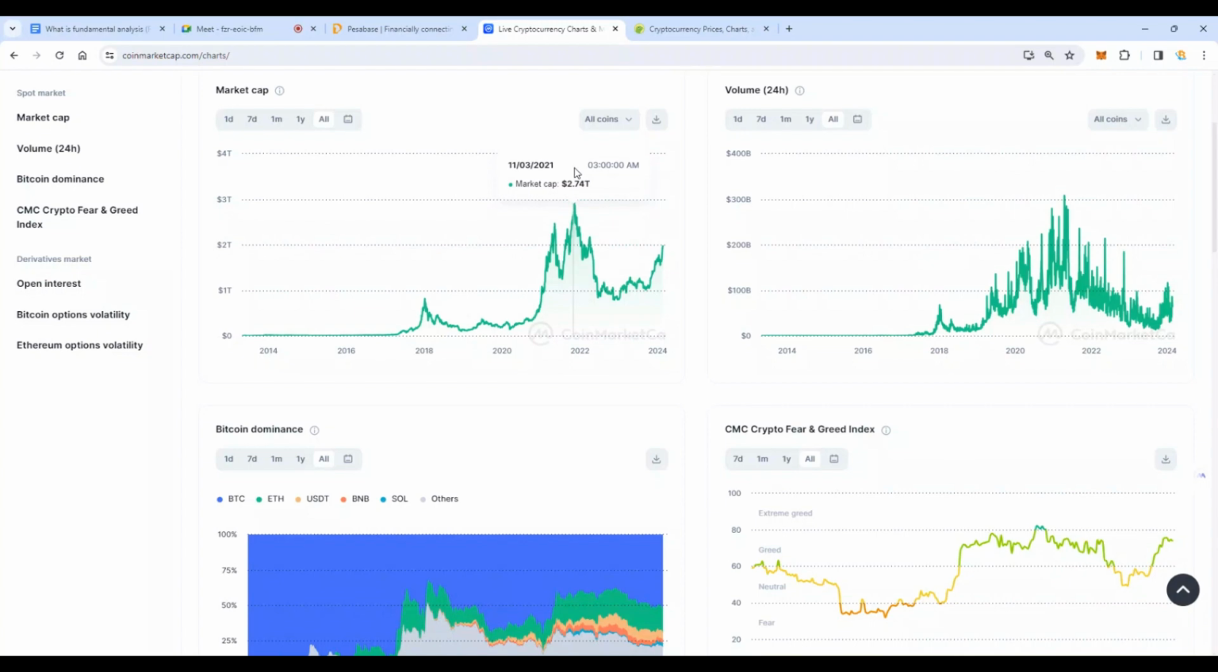Let me see if I can catch that. Yeah, 2.7 trillion there, close to $3 trillion in the previous bull run. And you can see the 2017 bull run, we went to a market cap of $490 billion. Then in 2021, we went to